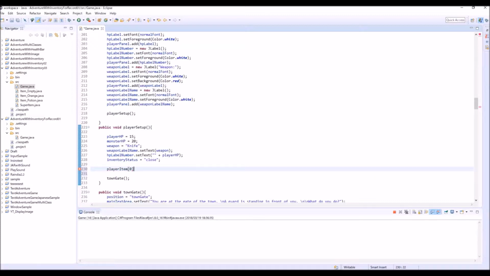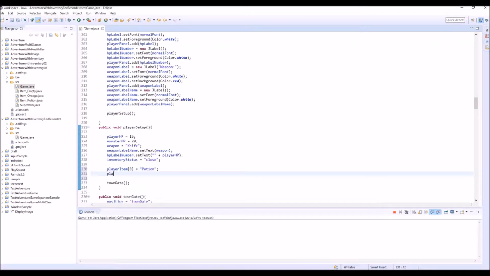So first slot of your inventory, and like portion or something. And the player item 1, the second slot. The content of this second slot is orange, like this. Player item